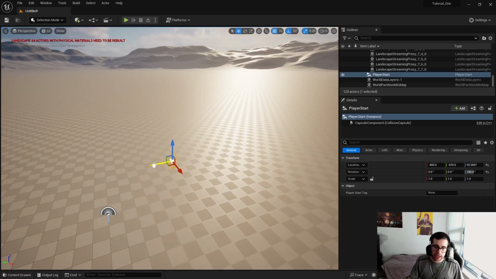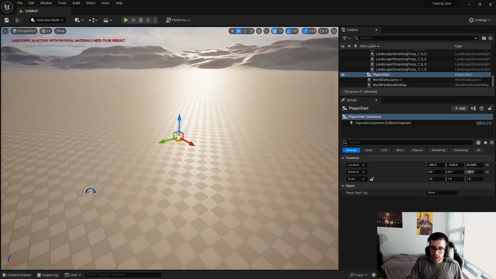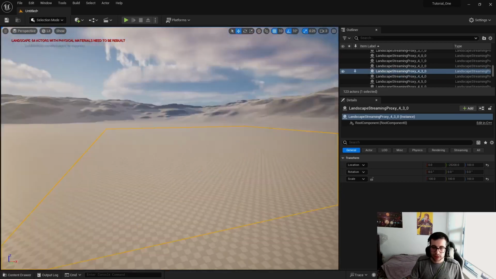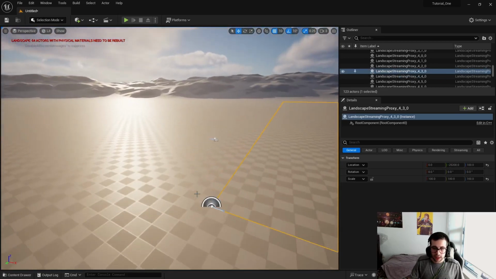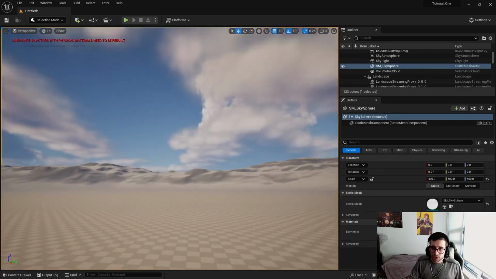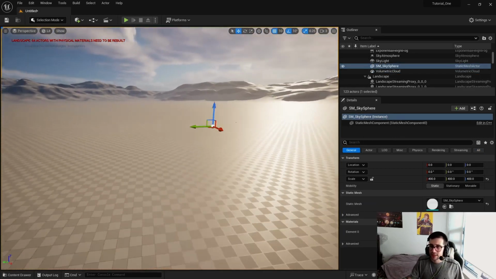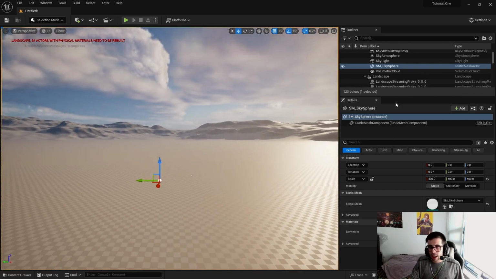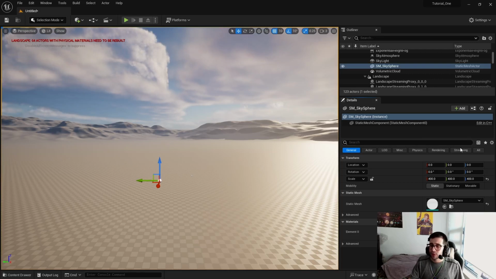So as I said, you can move around things, and some things you cannot move around, like this little ground, and some things can be moved around again like this. And yeah, so that's what we have for now. And we also have, for our details panel, obviously, the most ones we're going to be working with is the